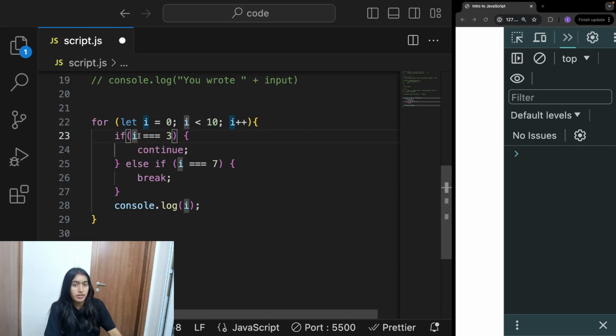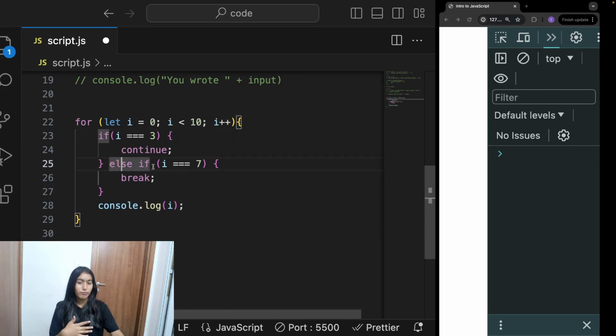If yes, then it says continue. What does this continue mean? Continue means that it skips the current value and continues with the numbers. For example, there's a number list from 1 to 10, and at the number 3 you say continue. So the number 3 will get skipped, and the rest of the numbers will continue. You will see it in the console now.